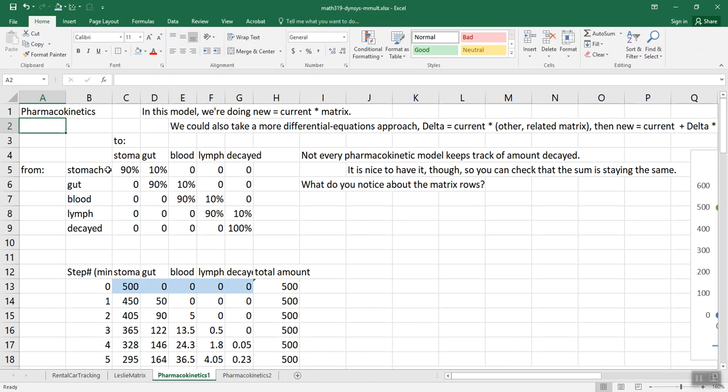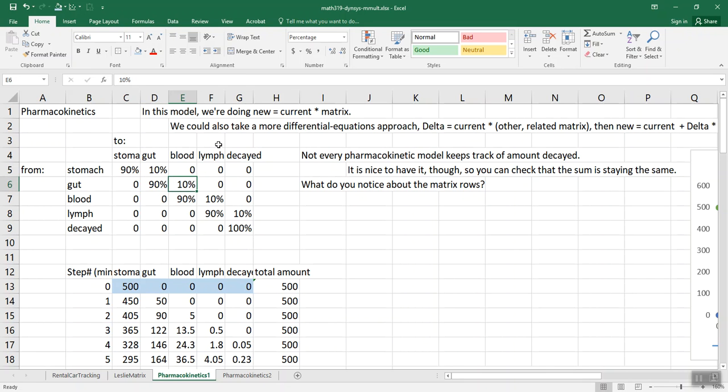So here I've got whatever's in the stomach, 10% of it moves to the gut at the next time step, but then that means the other 90% stays in the stomach. And nothing can jump straight from the stomach to the blood or the lymph. And we're presuming that nothing gets decayed in the stomach. Just for simplicity, you could put other percentages there. Once it's in the intestines, 90% of it stays there at the next time step, 10% moves on to the